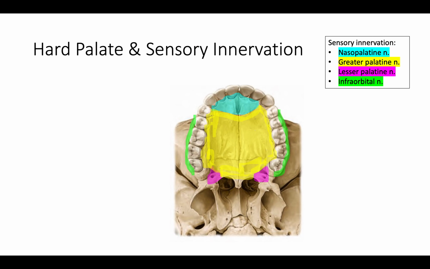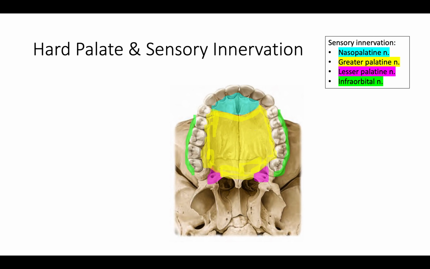Make sure you know this slide. So our sensory innervation of our front teeth is going to be nasopalatine. So it's the farthest thing out. So I think of my nose comes out farther than anything on my face, and it's naso, and it's our hard palate. So nasopalatine. The majority of the palate is going to be the greater palatine, and then lesser palatine